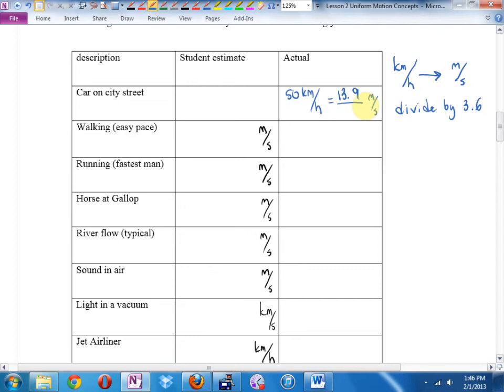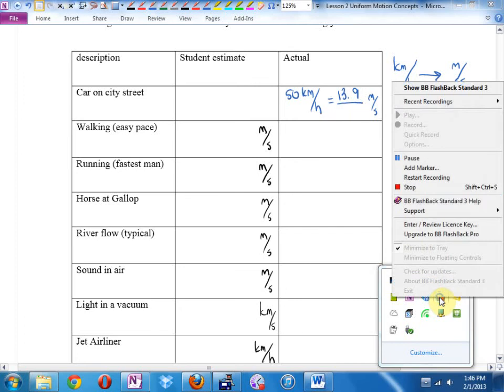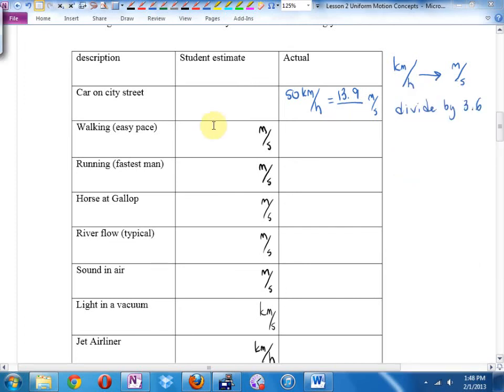Walking, easy pace. How fast do you walk at? We can find out. Distance was 6 meters in how many seconds? Look, if it's meters per second, shouldn't I put the number with the meters on top? 6? And shouldn't I divide by the number of the second? It's going to be 6 divided by 5, whatever the heck that is. You know what? Around 1.2 meters per second. I don't memorize the decimal. We walk at roughly 1 or 2 meters per second.